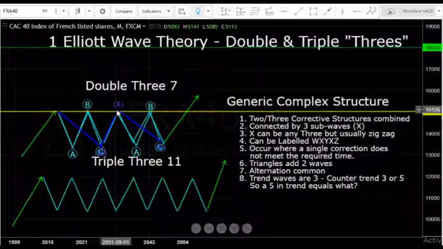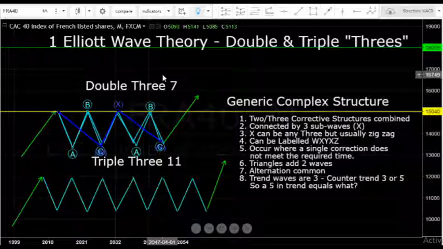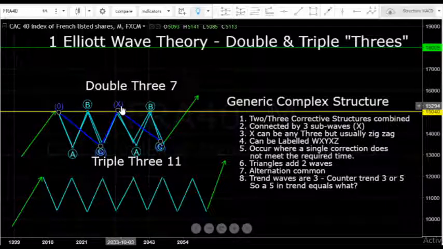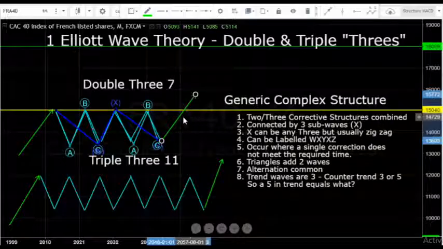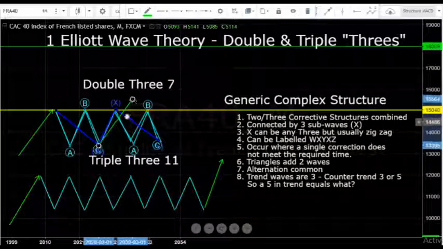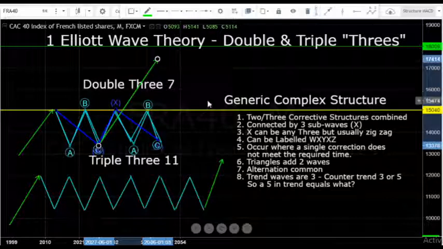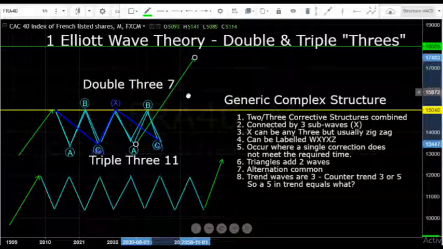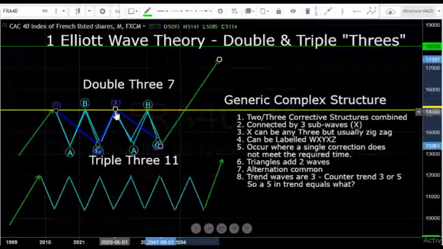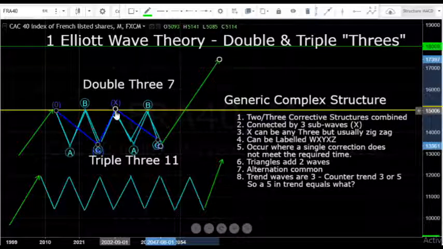A 5-wave in here will give us an impulse, a new impulse. So it could be a 5, a correction, and then a 5. So it would be 1, 2, 3 of our new impulse. So in other words, this wave would start over here, where we have an A, B, C, and then it moves on. But where we get 3 waves in here, we've got a high probability